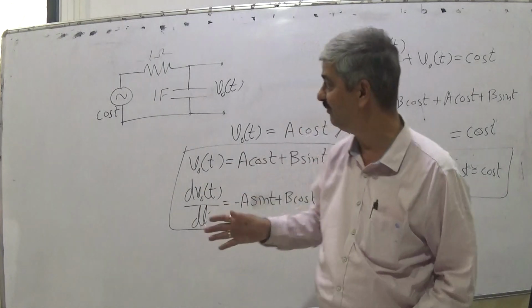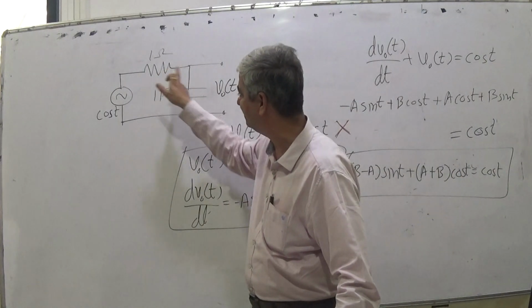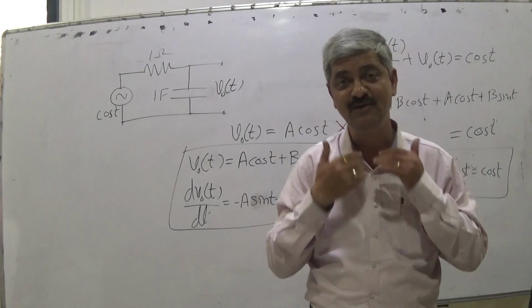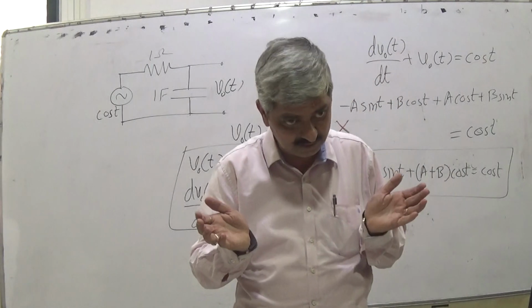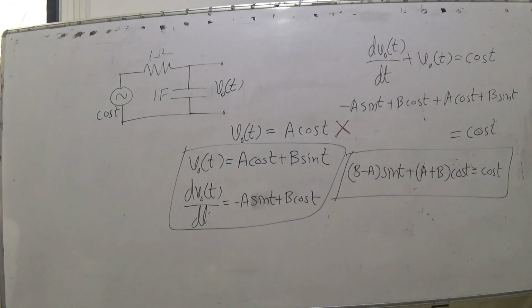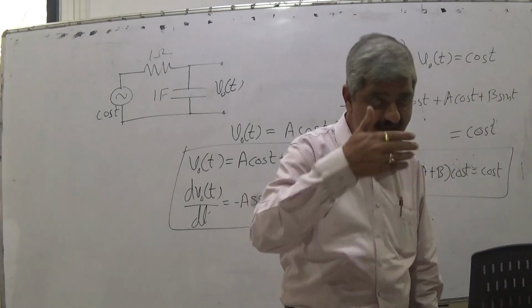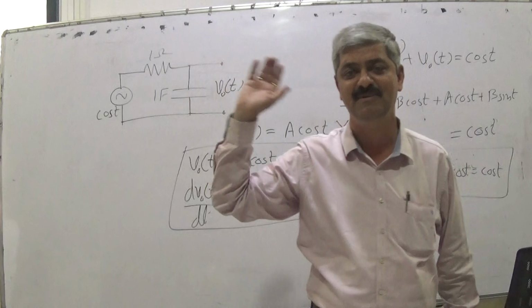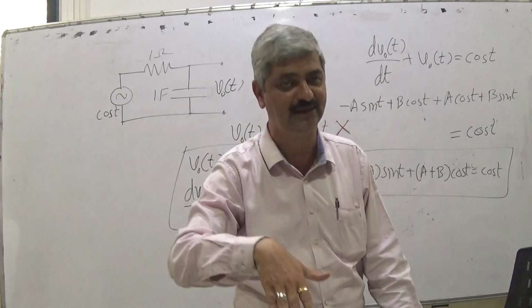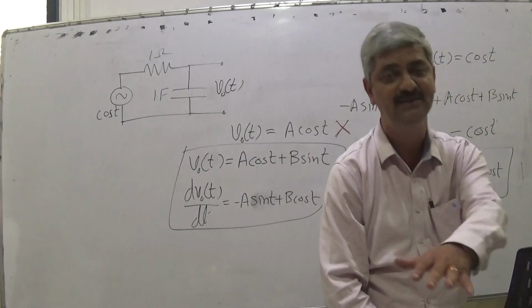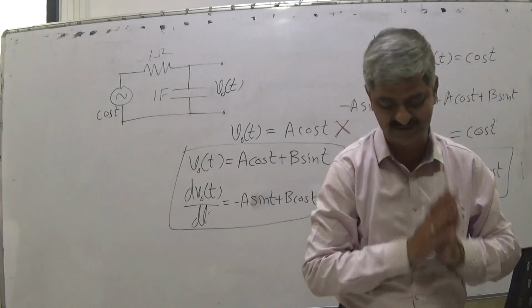Therefore, this differential equation consists of only one resistor and one capacitor. We will introduce a few more elements and I will slowly make things more complex. The actual things are too complex, but I am trying my level best to adopt a path where I am building up the story instead of going by a classical method of clumsy mathematics which we normally do not like. We have ample time, so we should try to learn rather than just complete the syllabus.